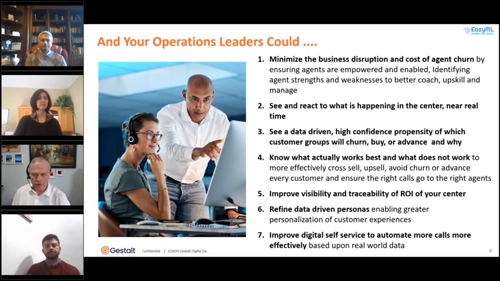Can the operations leaders see and react to what's happening in the center in more near real time? So if you go through a classic example of a competitor doing something, or there's a product in market, or there's a feature, a lot of people call in, the contact center gets overwhelmed. Traditional operations views tell you that's happening 1 day, 2 days, 3 days, 4 days later, and by that time everything's gone back to semi-normal and you can't do anything about it. So how can we pull that into more real time so that they can get that visibility and act on it?